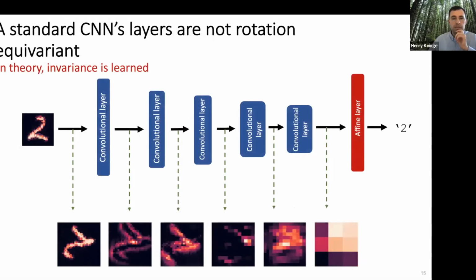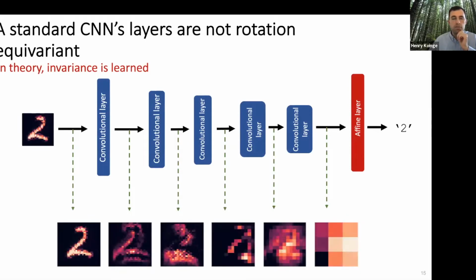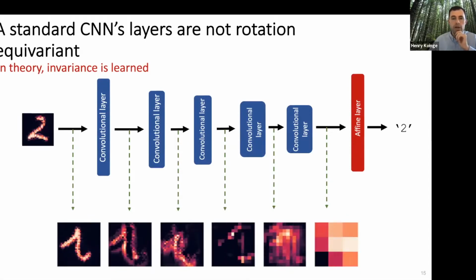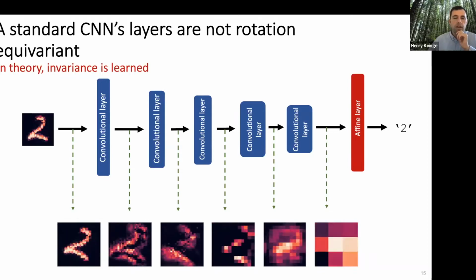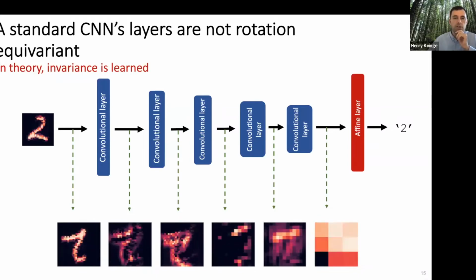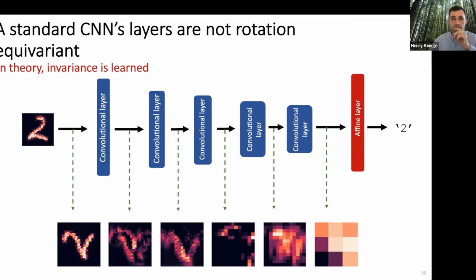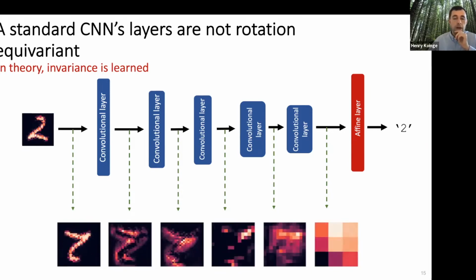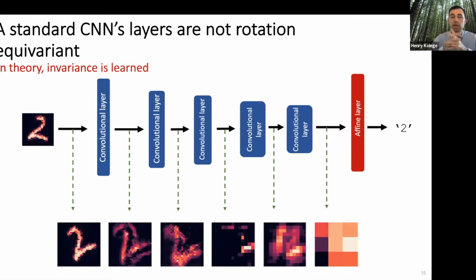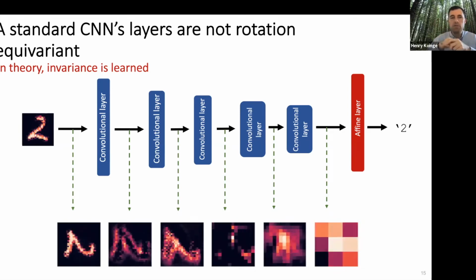So here's an example of a network that is not a rotation equivariant architecture, and we can look at what data looks like as it passes through this network. The way this network is structured, it has a bunch of convolutional layers, and it ends in an affine transformation. And what you can see is visually displayed. This network works like many convolutional neural networks.